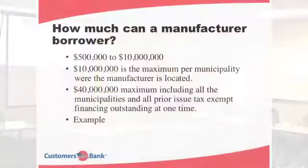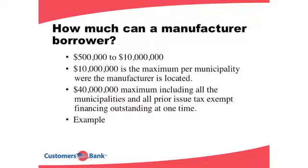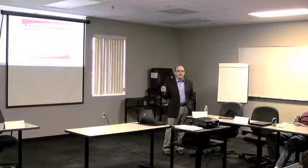So how much can you get? I already said you can get between $500,000 and $10 million, okay? You get that amount in any municipality, okay, that you are manufacturing in. So let's say you have an operation in Maiden Creek, and you want to borrow $10 million in tax exempt to do a project there, okay? And then you have an operation in Pittsburgh. You can get another $10 million there. And then you have an operation in Philly, you can get another 10 there, and one in Williamsport, you can get another 10 there. Actually, you can get up to $40 million